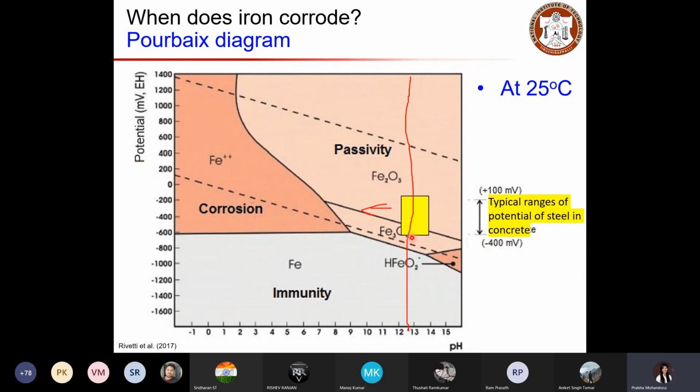All right. So in this range, typically for concrete, you will have the pH value in the range of 12 to 13. So in that case, you will have a good passive layer formed around the steel, which will protect the steel from corrosion. So this is the typical range of potential of steel in concrete, which has a tendency to resist corrosion when your steel is in high pH of about 12 to 13. So as the pH reduces, you can see it will start to corrode.